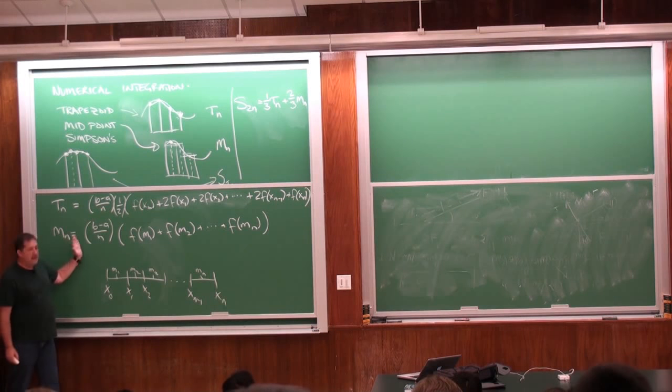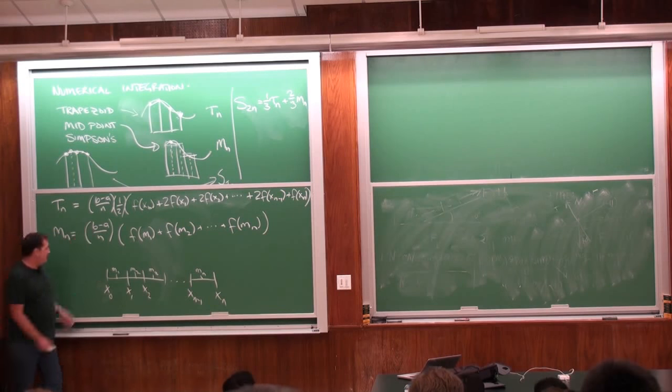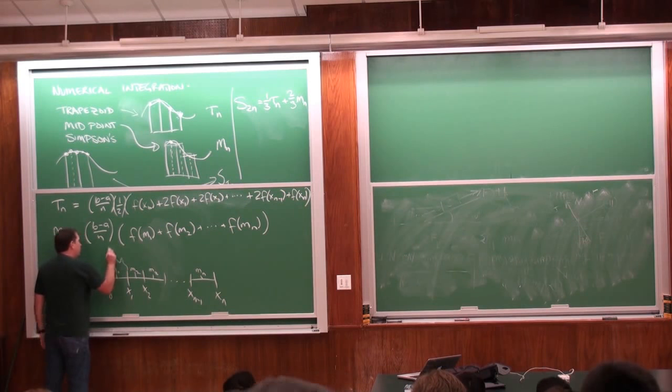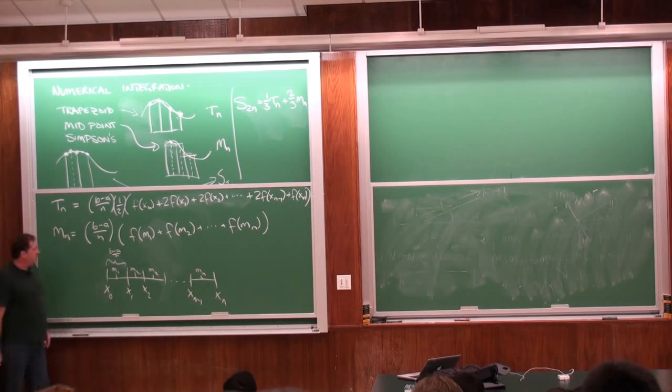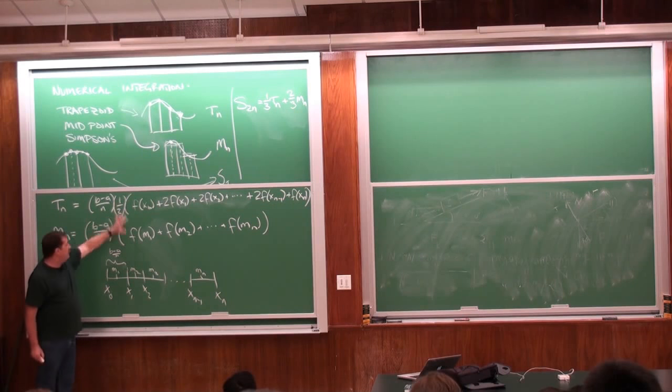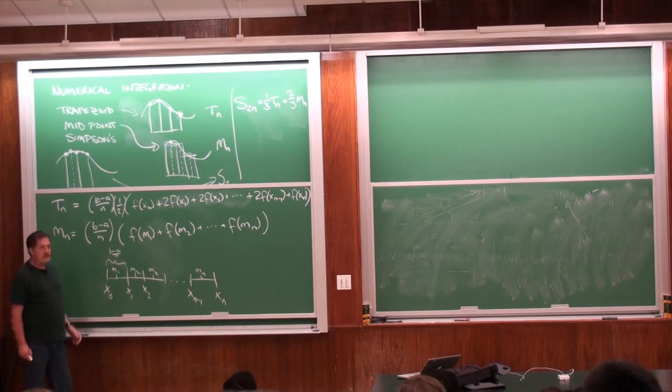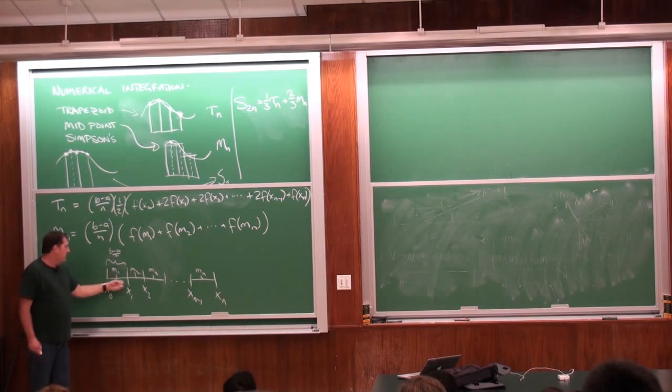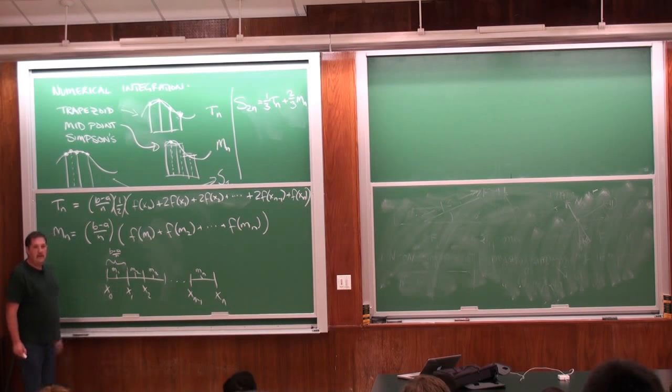The midpoint formula is just take the width of each rectangle, this distance here, is b minus a over n. That's the width of each guy. For trapezoid, I have to average. For midpoint, I just divide. But the thing that's annoying about midpoint is the numbers are ickier because I have to divide to find midpoints. And then for Simpson's, which I didn't leave room for,